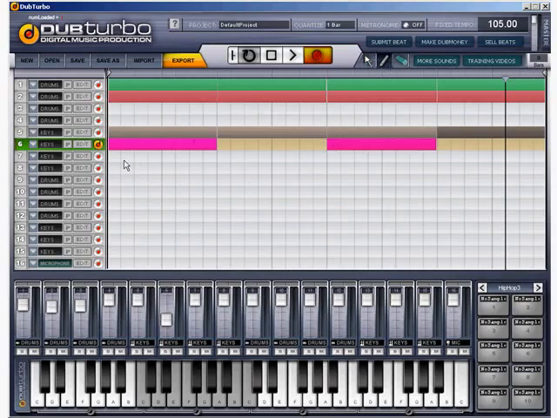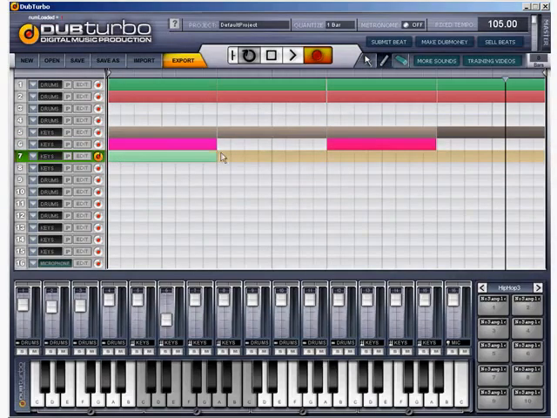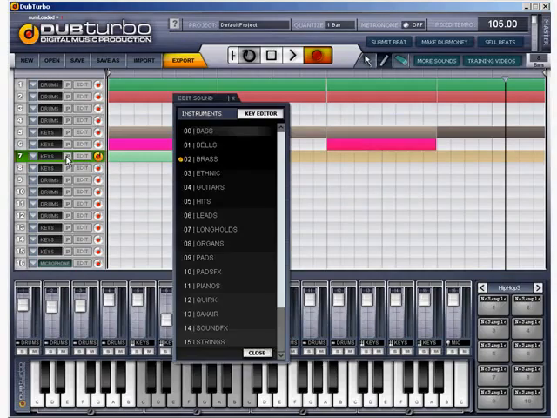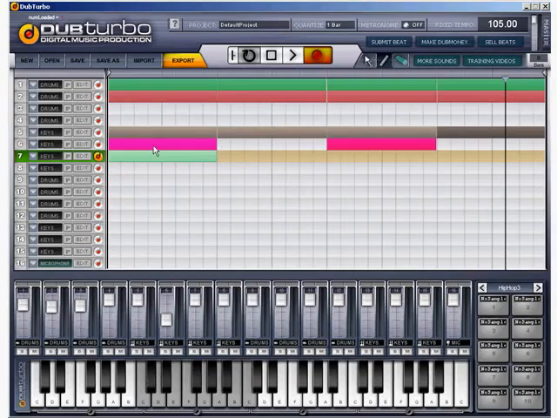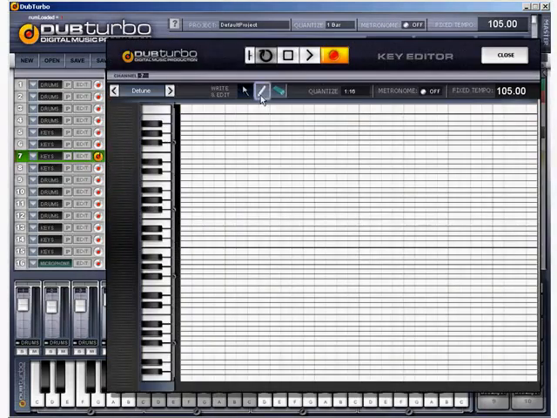Okay, next. Another one. 2 bars, click, hold, and drag, click on P, click on, let's say, ethnic. Let's click on detune. Might sound a bit awkward because it is literally detuned, but why not? We can click on the pencil and draw the stuff in too. So we can go